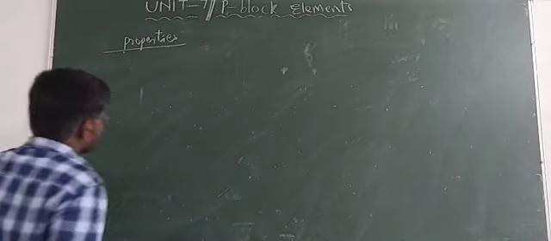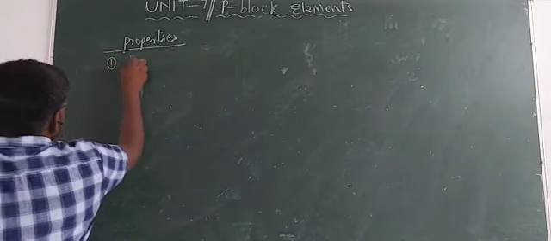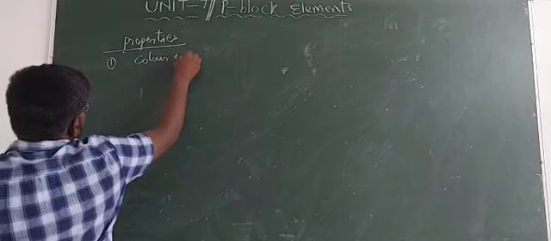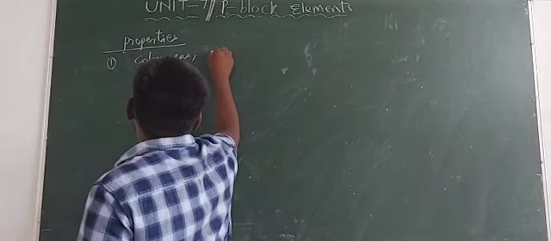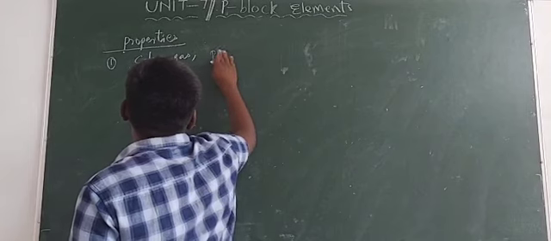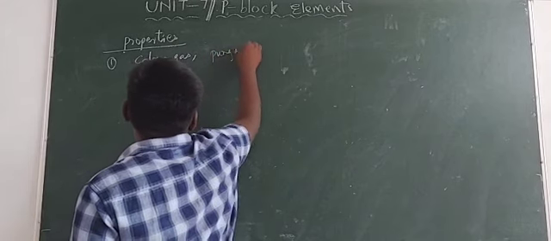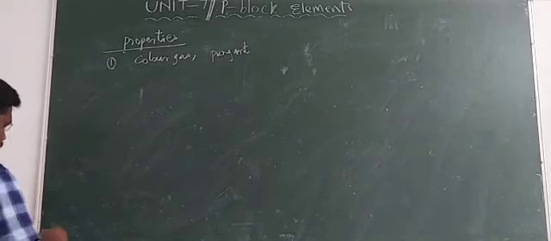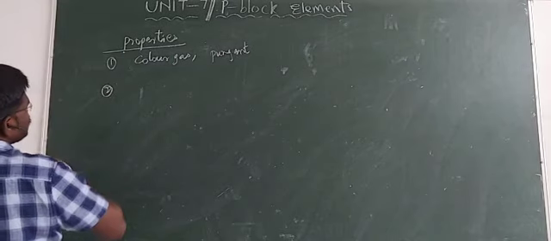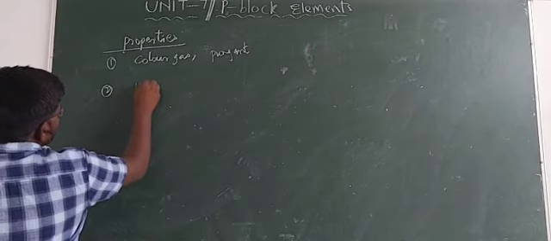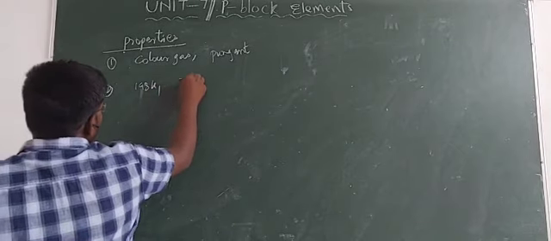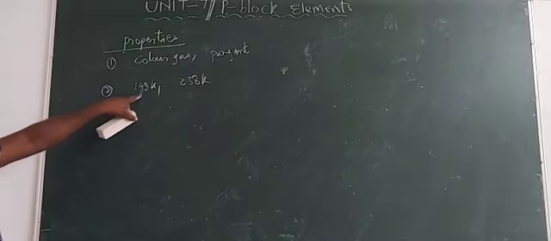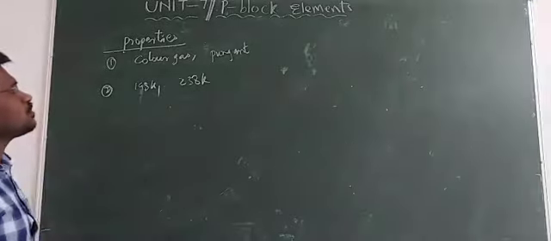Properties of ammonia. So first one, ammonia is a colorless gas. And the next one, it gives pungent smell. And the second one is, this one has a freezing point that is 198 kelvins and boiling point is 238 kelvins. The freezing point of the ammonia is 198 kelvins and the boiling point of ammonia is 238 kelvins.